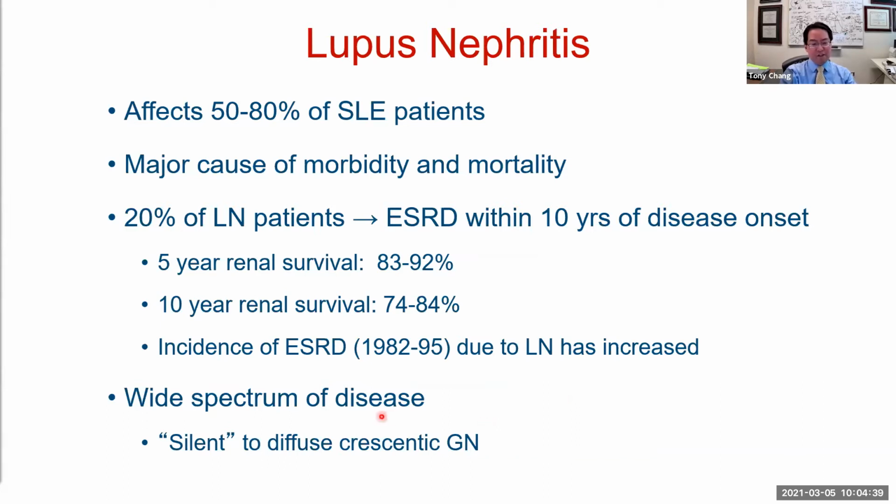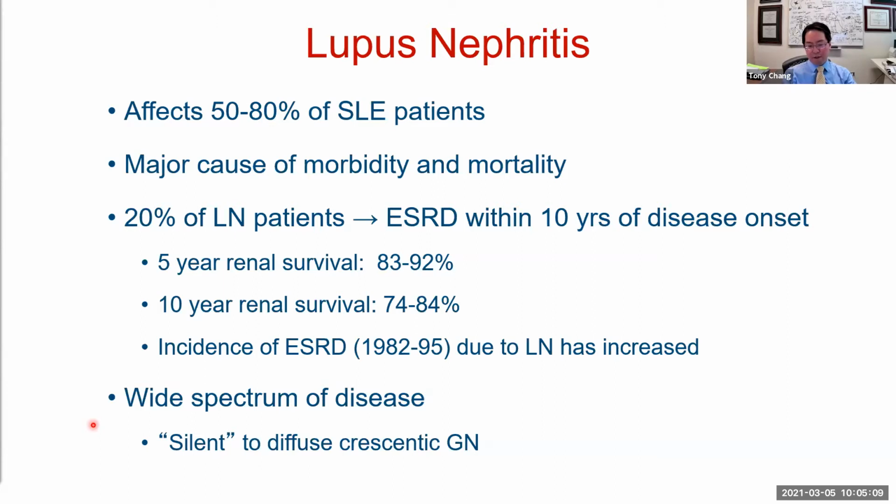One of the real challenges remains that there is a wide spectrum of disease, and part of what's contributing to the complexity of lupus nephritis is that there are probably at least 3 or 4 mechanisms in the glomerular injury that we are trying to sort out when we're looking at the kidney biopsies. And then potentially there's other mechanisms that are impacting the tubular interstitial compartment as well as the vascular compartment. And we'll touch on all of those during the next